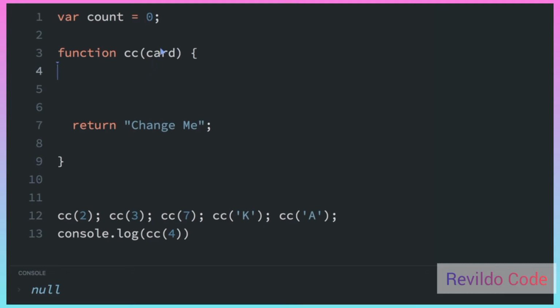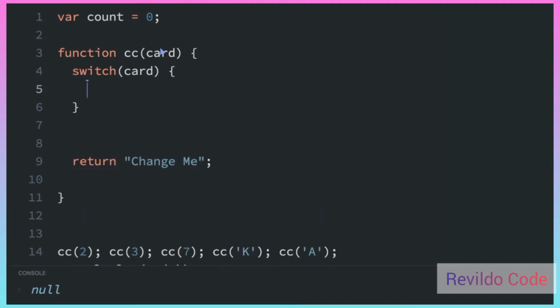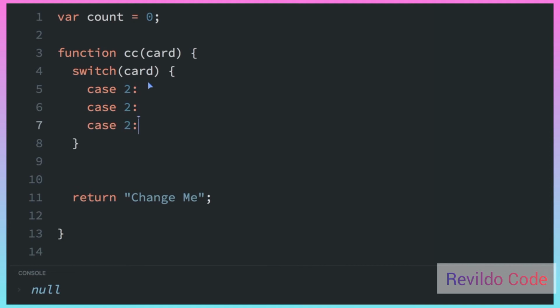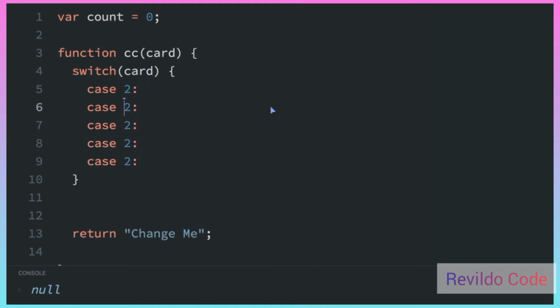So let's see how this is going to work. We are going to use the switch statement, like I said, and we're going to check the card value that was passed in. So if the case is 2, 3, 4, 5, 6, we are going to increment the count variable. So we're going to do it like this: case 2. I'm going to do some copying and pasting. If the case is 2, 3, 4, 5, 6, we'll just have to actually change these values. 3, 4,